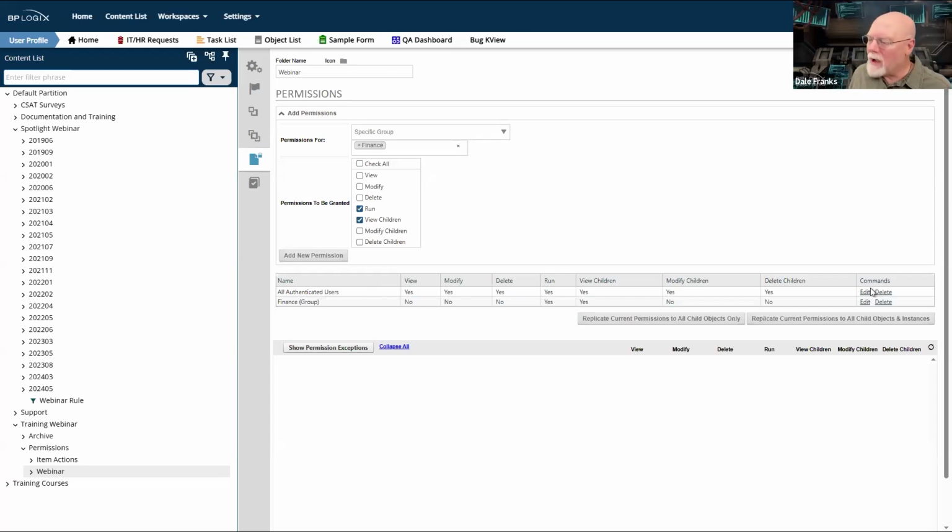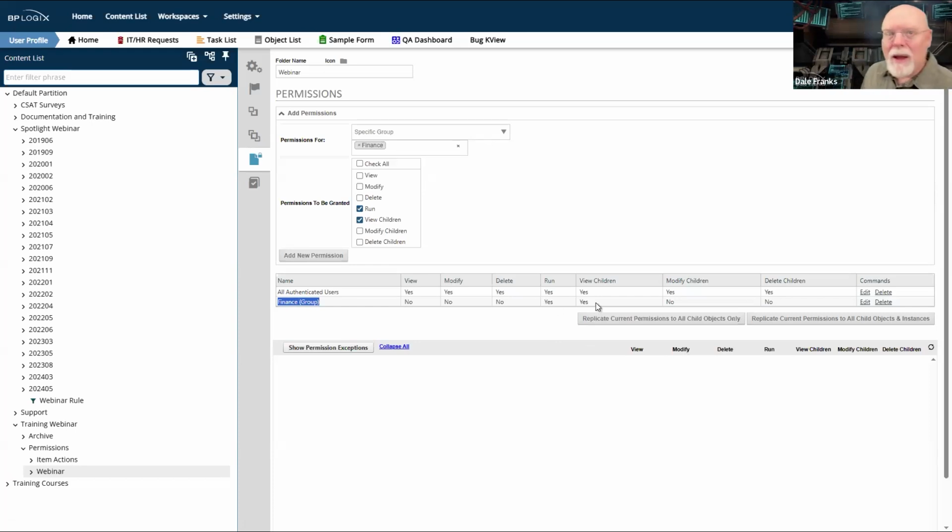So, I was about to delete this, but I couldn't delete it because I needed to explain this very important thing. So I'm walking away now, fat, dumb, and happy, thinking all of my people in the finance group can only, if you're in the finance group, you can only run and view children.